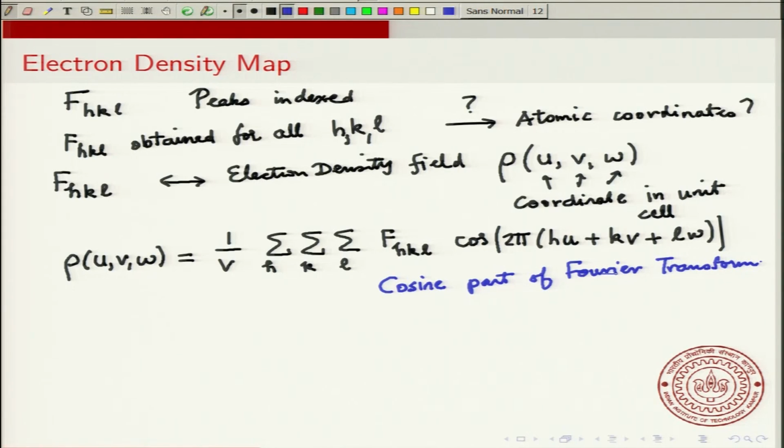Okay. And so the electron density is nothing but the cosine part of the Fourier transform of the structure factor. So, the geometric structure factor F of HKL, the rho of u v w is the cosine part of the Fourier transform of F of HKL. Now, if you have this electron density everywhere,